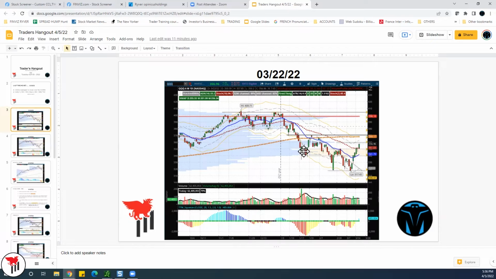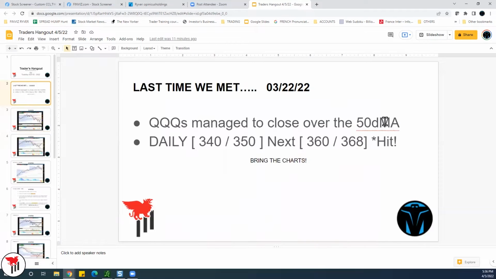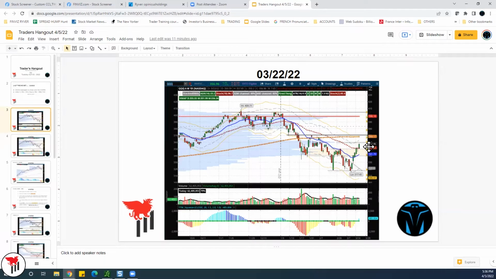We saw this area. This was an area of support that should have been support. If we started going down, we know that's a short. So if we continue with the momentum, here's a 368. That's a pretty easy target for anybody to see. Right, like 368, that's a 200 MA. Everybody's going to have it as a reference. So that was where we go, right? So that was the last time. That was the main play or main game plan for the last couple of weeks, basically.